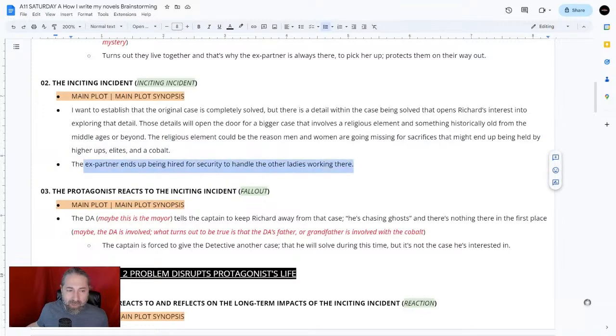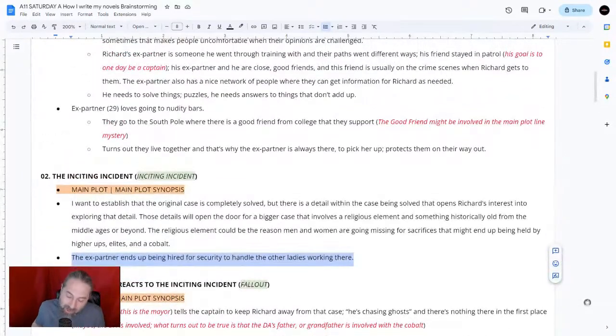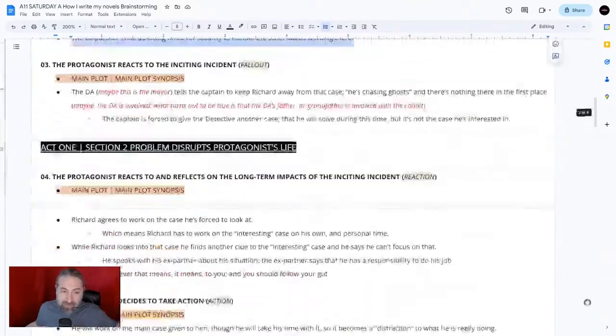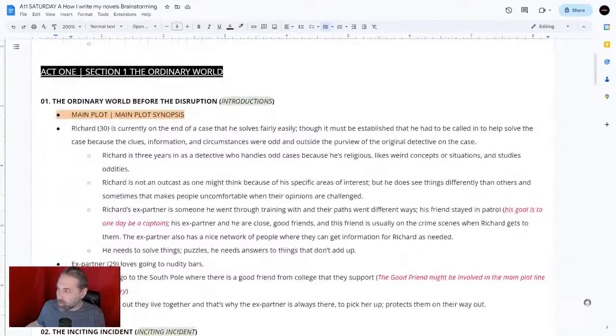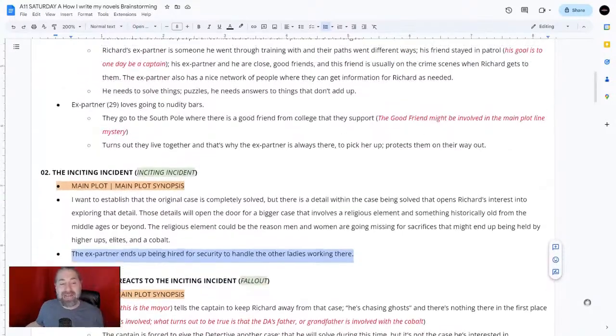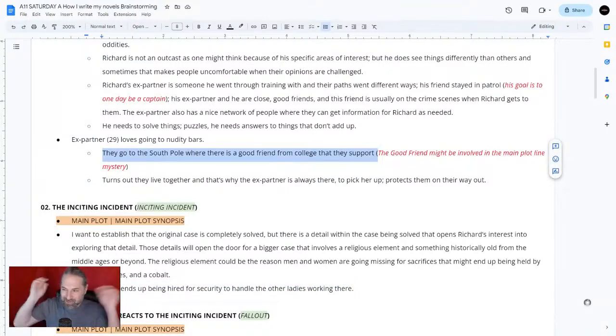Meaning, the ex-partner, that's why I had to take it out of the first plot point, because that changed their ordinary world. They were just going there. We were establishing they were going there to watch over their friend and pick up their friend, and it turns out they live together. I could make that technically happen in plot point 3, 4, 5, 6, or 7. I just can't make it happen in plot point 1, because plot point 1 is all about the ordinary world. However, if I start off with the ex-partner as security at the nudie bar, that's fine, because there's no change in the status quo. But I want to establish that they go there as sort of like a switch,